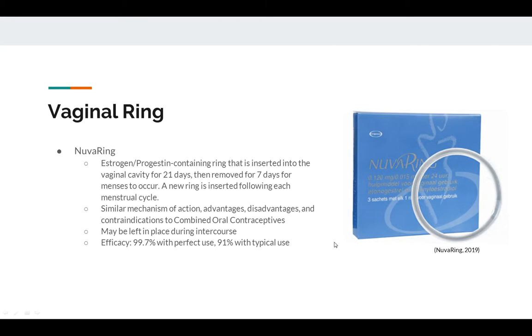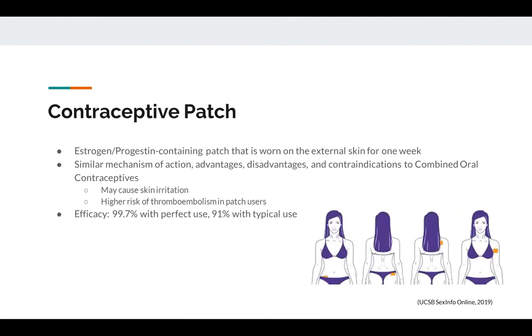A note about those rates for oral contraceptives, this 91% for the vaginal ring is probably more accurate as opposed to the 91% for combined contraceptives. A lot of the research on contraceptives did not separate progesterone-only users from combined users, and because progesterone-only users have a higher fail rate, the combined oral contraceptive failure rate is probably unfairly high because it included some of those progesterone users.